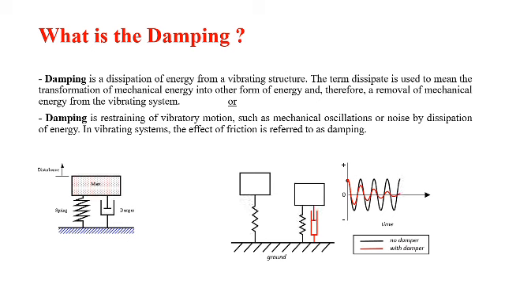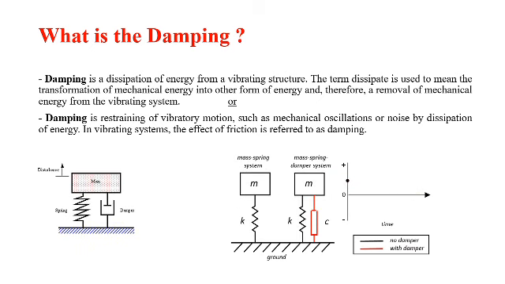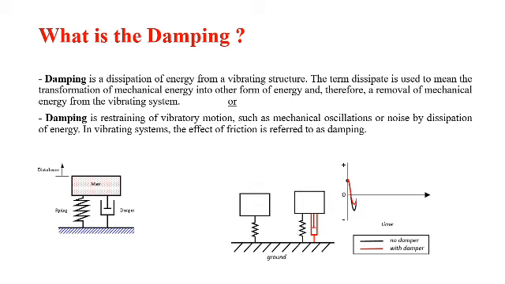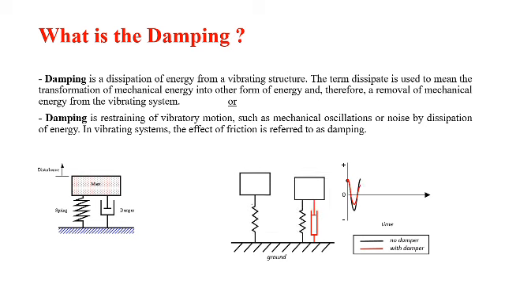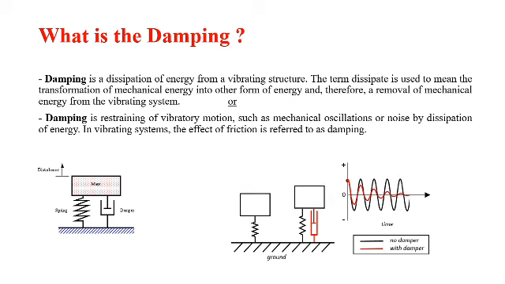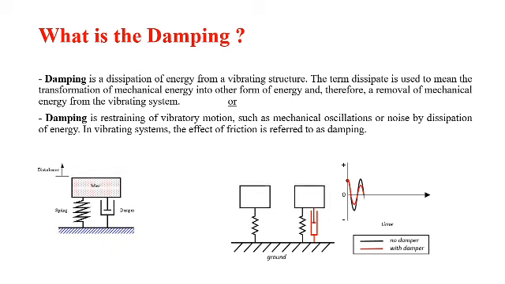Now in the below two animations, we are observing that in the first animation there is one spring and one damper attached to a mass, and one disturbance is given to the mass. When disturbance is given, the system will vibrate, oscillate about its mean position, and due to the damper this oscillation gets restrained or resisted, or the energy is dissipated by this damper,